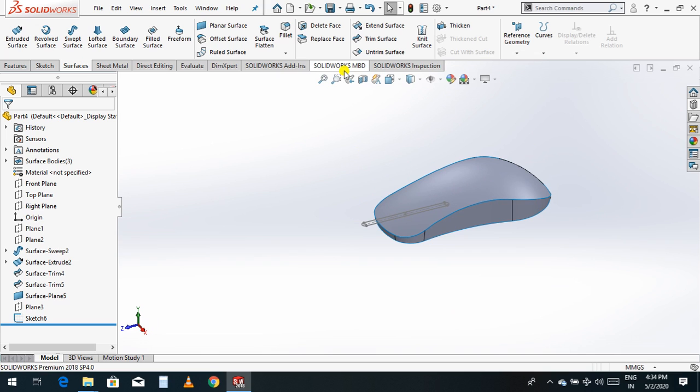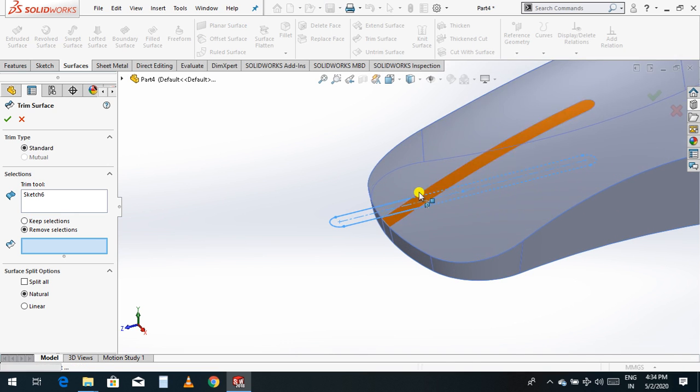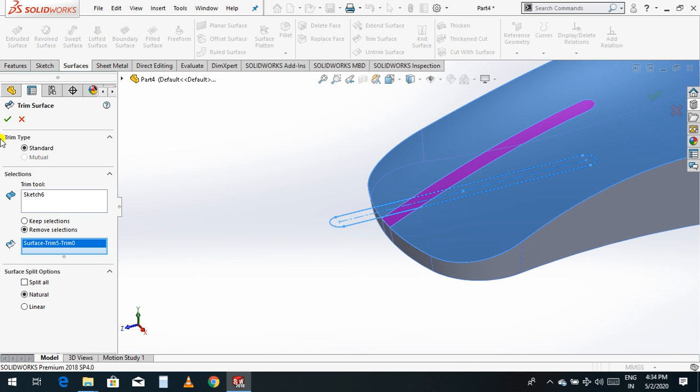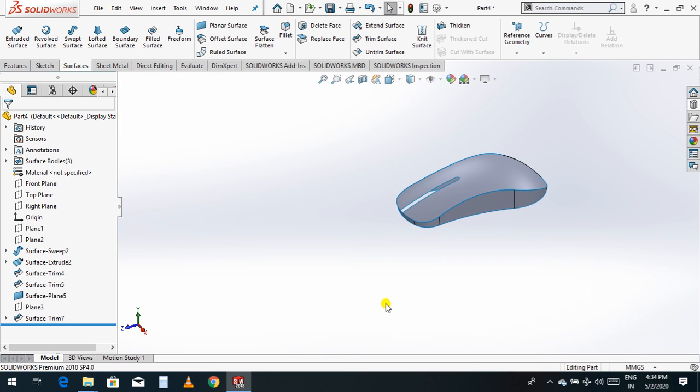Now just go to trim surface and use extender and select this one as the trim and select this face. OK. Now the face is deleted.